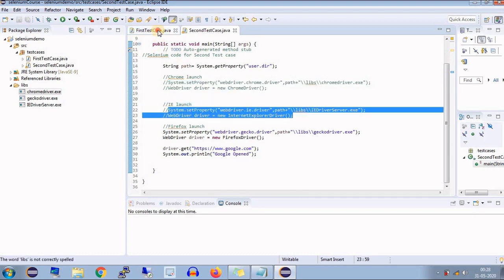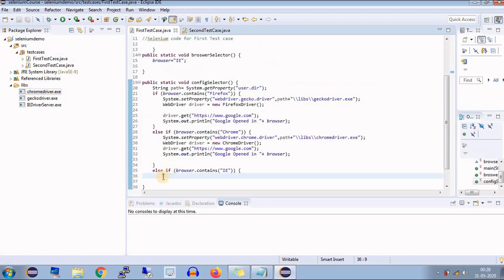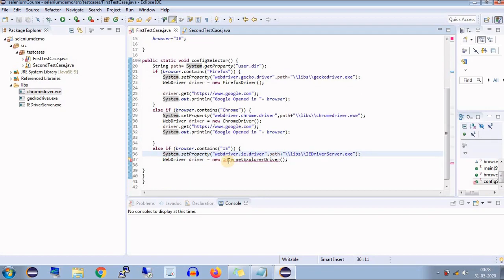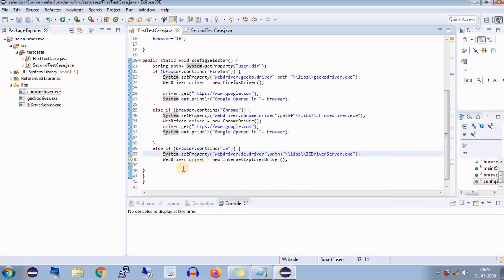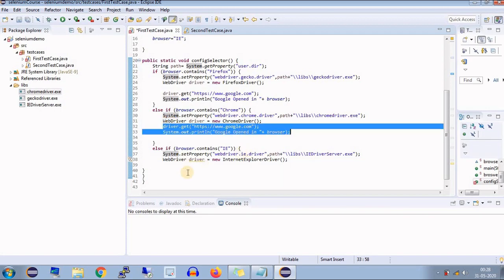Okay, so remove the slash comments. Now it will create the token for IE browser and the web driver. Let me remove the error by importing the Selenium libraries for IE browser. Okay, and then here is the driver.get line and print statement.